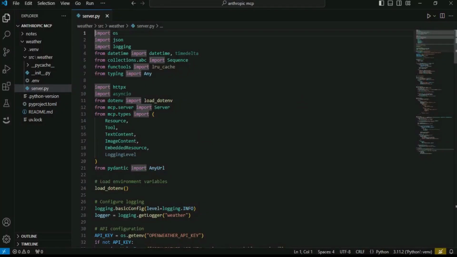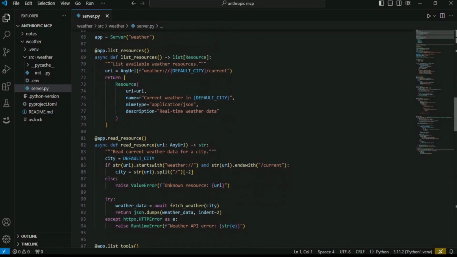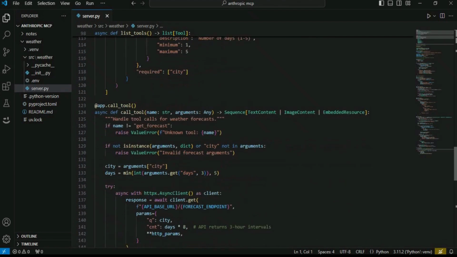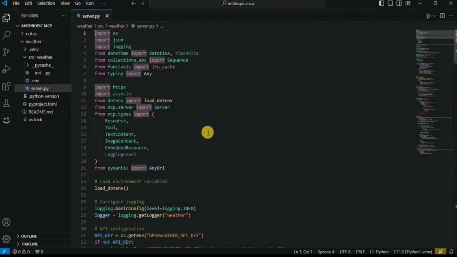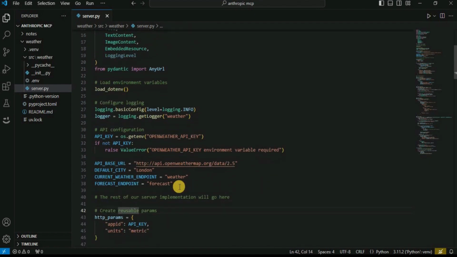So in this way, you can see that by providing the implementation for all of these functions like list resources, read resource, list tools and call tool, etc., we were able to integrate our very own weather application by converting it into a server and connecting it with the Claude desktop as an MCP. And then on the basis of this application's code, now Claude is able to provide us weather forecasts in real time. So in this way, you can connect any of your applications that you want with Claude by simply providing implementation for all of these functions and connecting it with the Claude desktop using MCP.